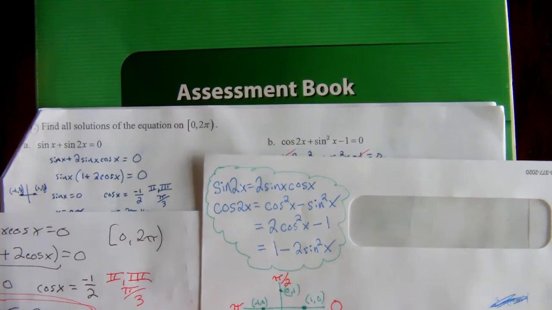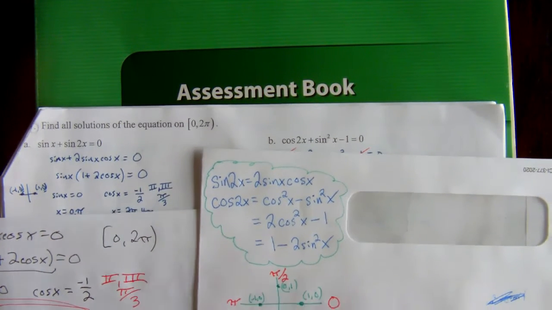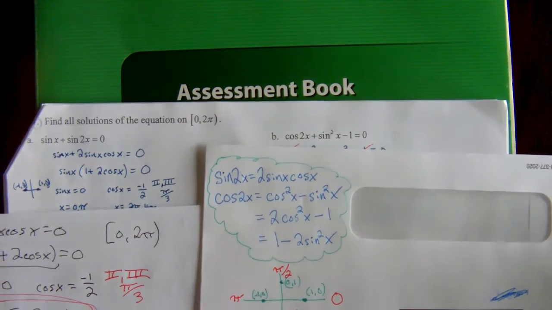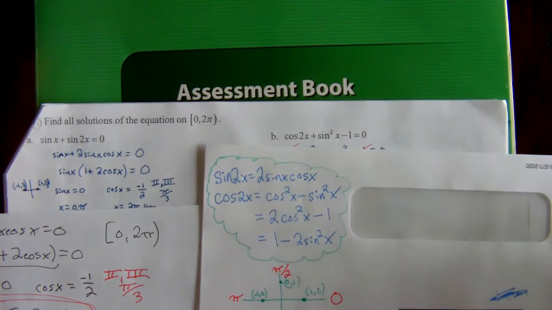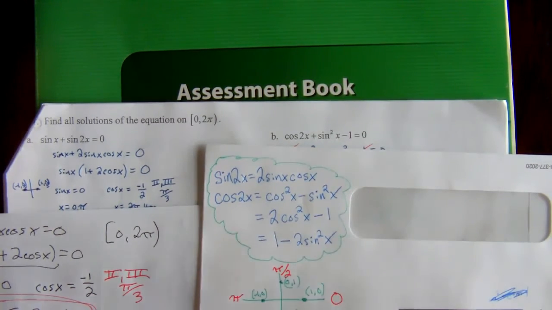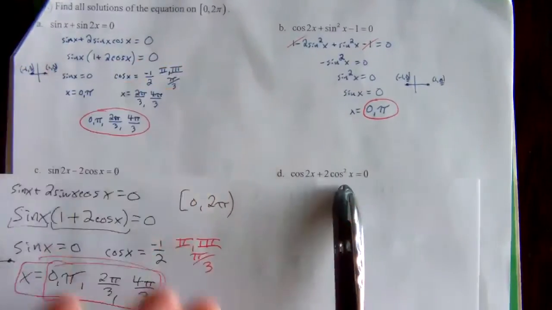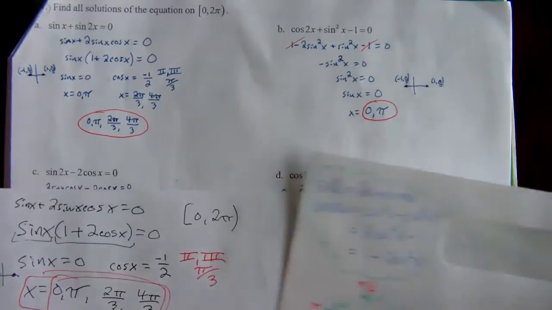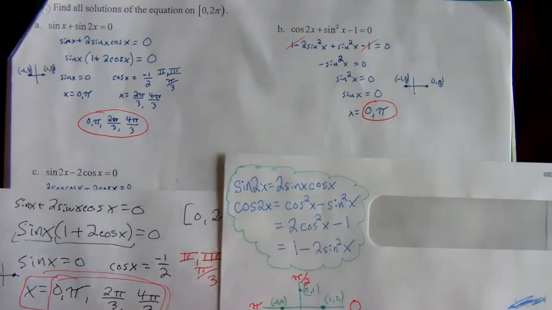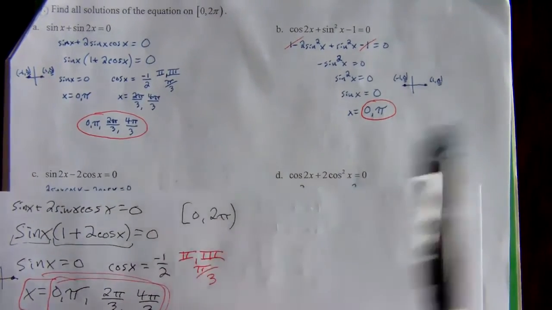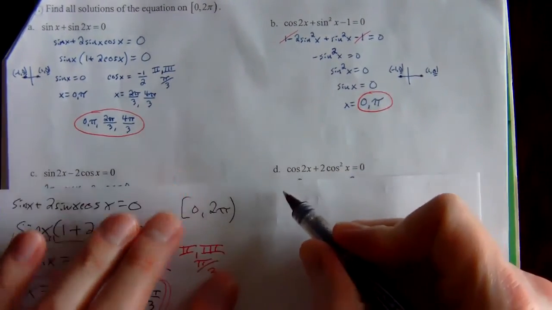All right, sometimes if you don't choose that, you might get lucky and it might work out. Some things might cancel out for us, but a lot of times you run into something that you can't solve if you don't follow that big tip right there. So when I see this cosine of 2x right here, I check that one, and I'm going to use the cosine formula right there because I have cosines that are a problem. So I'm going to make that cosine of 2x right there